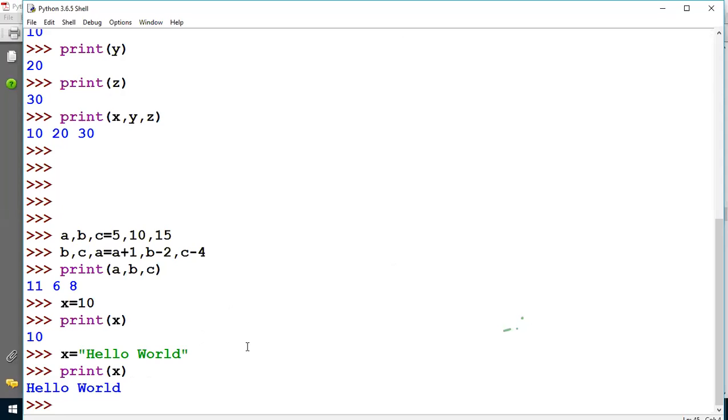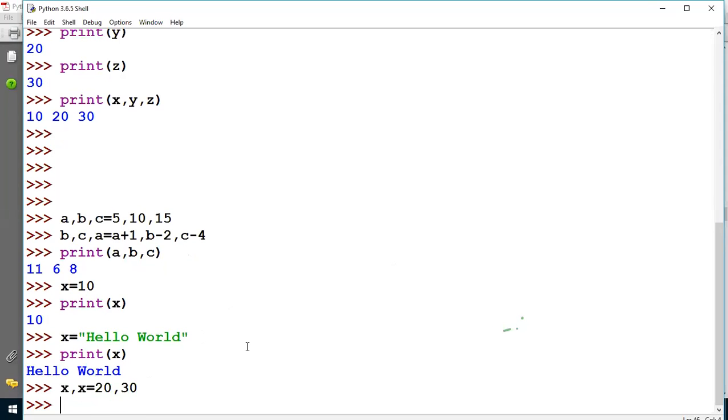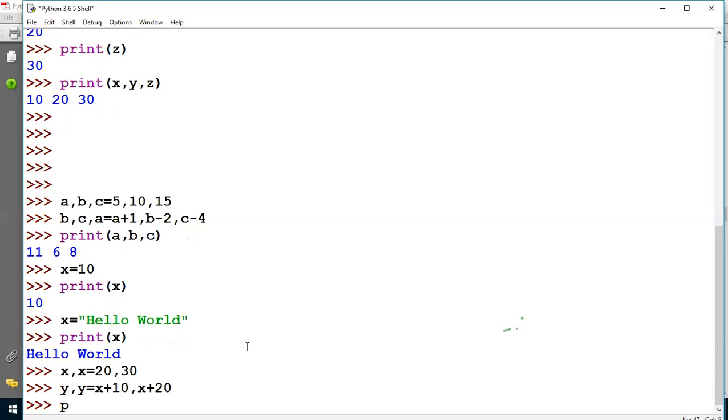Now I am writing one example. Please find the answer of this. x comma x equals 20 comma 30. Then y comma y equals x plus 10 comma x plus 20. And then print x comma y. What is the answer of x or y?